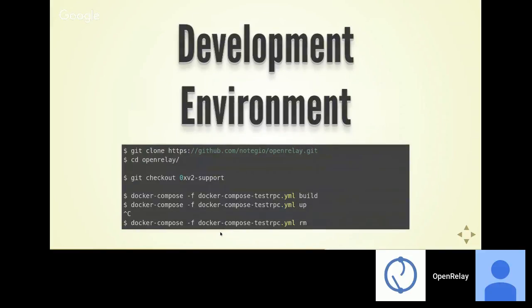So to set up the development environment, first you need to clone the OpenRelay Git repository. So that's going to be git clone https://github.com/notegio/openrelay.git. Give that a moment to check out, and then cd into that directory that it just created. Then